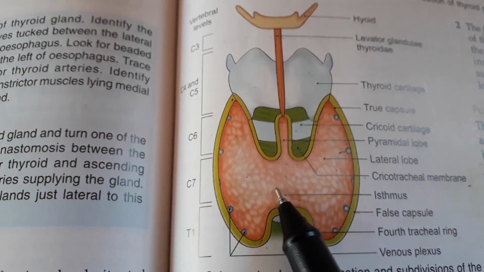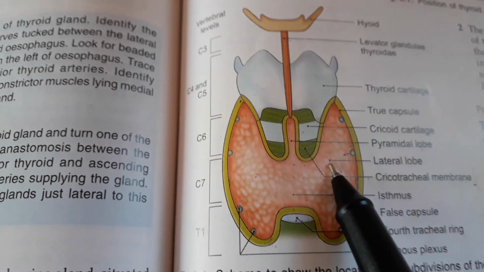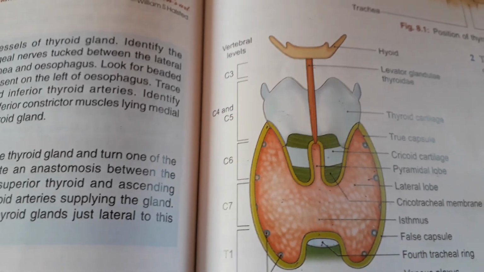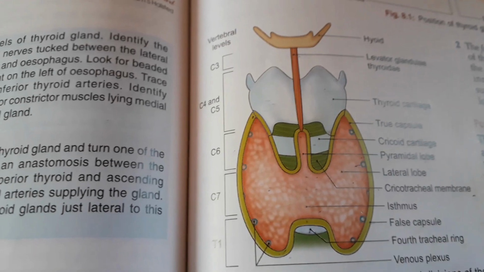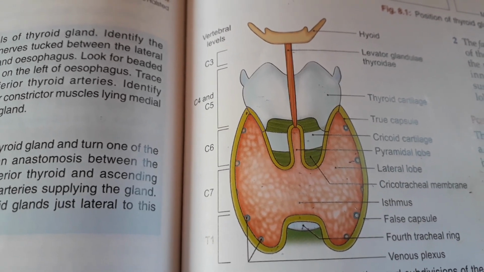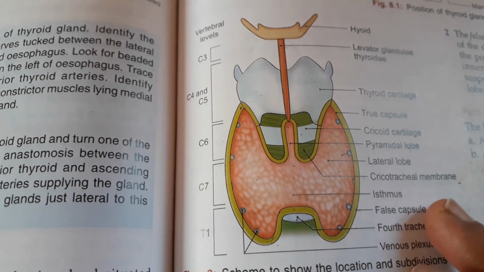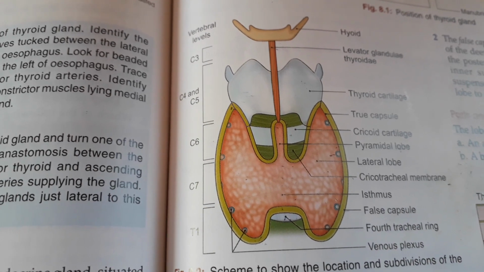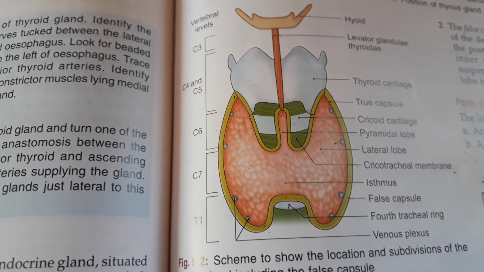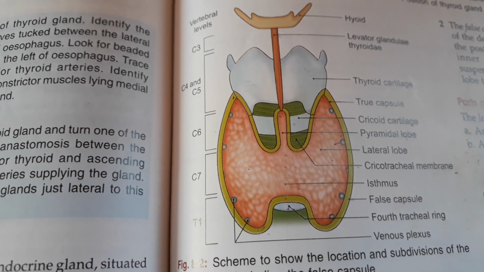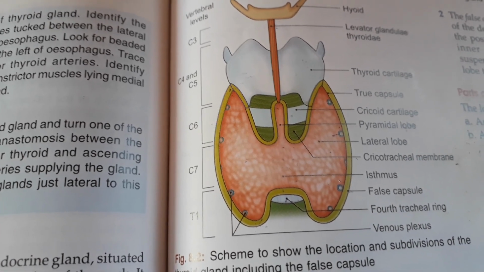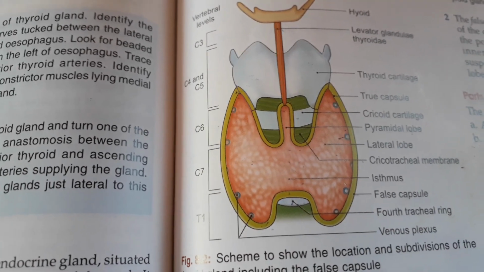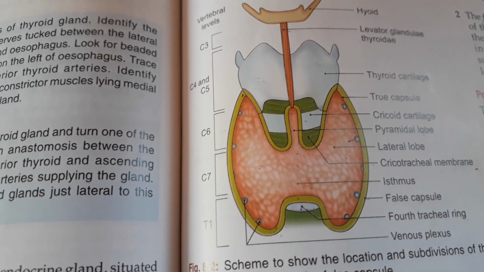And then I will discuss a very important part of the thyroid gland, that it consists of two types of cells. One is follicular cells, second one is parafollicular cells. The follicular cells secrete triiodothyronine and tetraiodothyronine, mainly helpful to stimulate the BMR, somatic and psychic growth. And parafollicular cells mainly secrete thyrocalcitonin, which promotes the deposition of calcium salts in skeletal and other tissues.